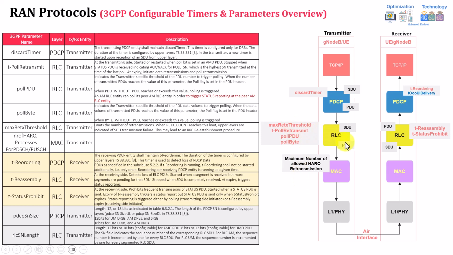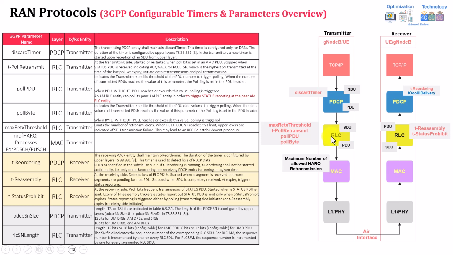Also here, in the RLC, there is a maximum number of allowed retransmissions. And on the receiver side, you also have multiple parameters. At the RLC itself, you have something called status prohibit. I will explain this part with examples in the next slides. And reassembly, I will also explain in the next slide, but simply, reassembly will be started whenever